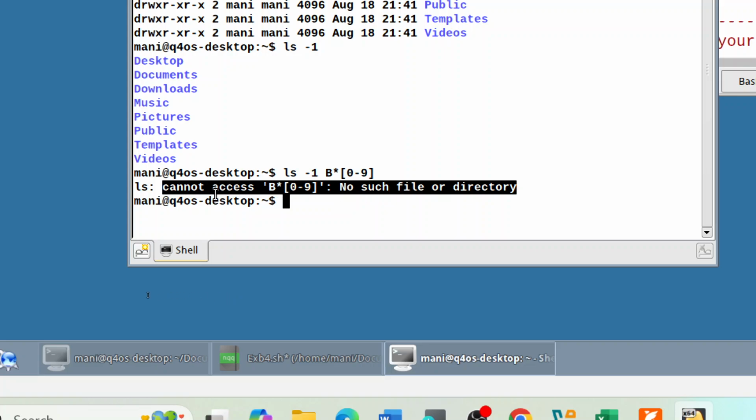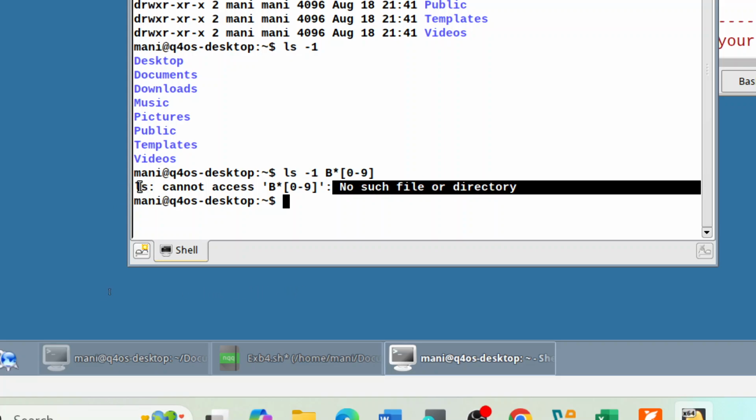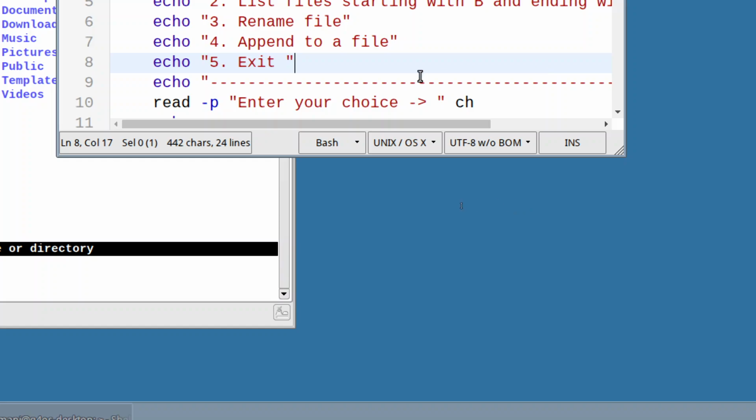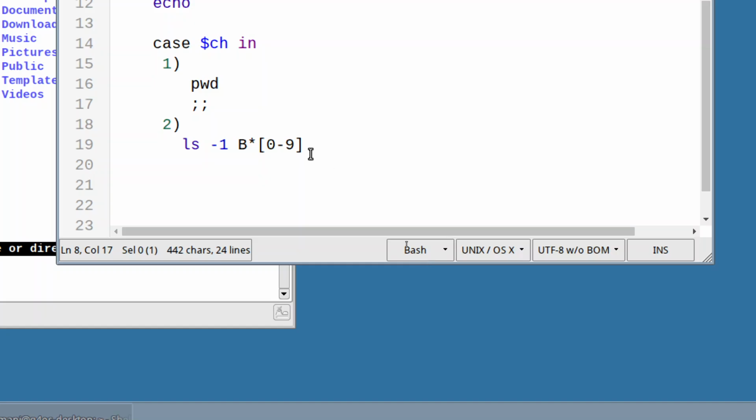So what am I supposed to do? This is the error message that you got. So I will suppress this error message. I won't show this error message because it's not a good looking error message. The error message is shown in the debug window, or debug console. What I'm going to say here is, if you are getting the error, not the output, if you are getting the error,